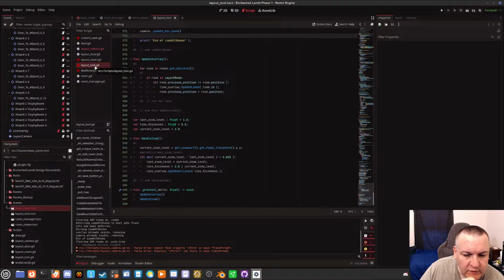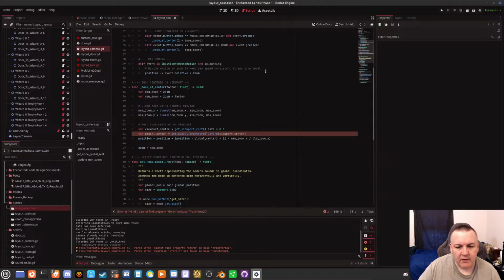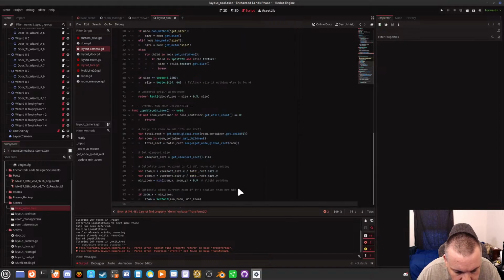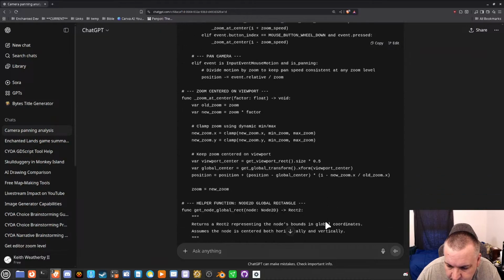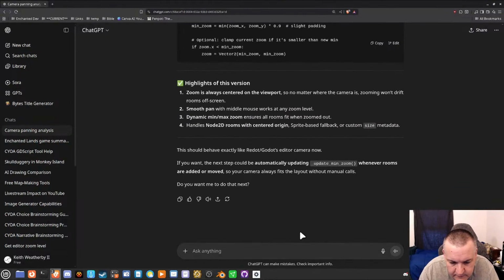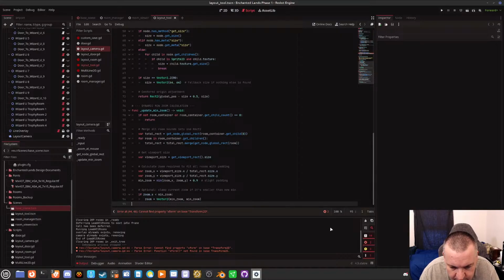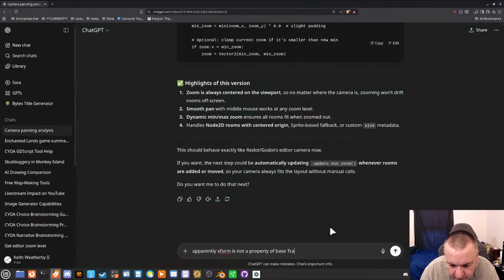Get viewport, get final transform. Apparently, xform is not a property of base transform 2D.